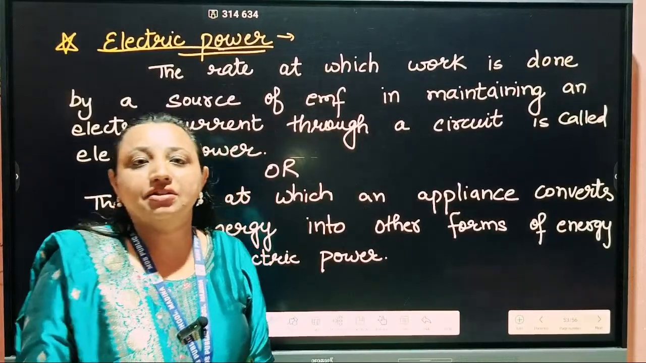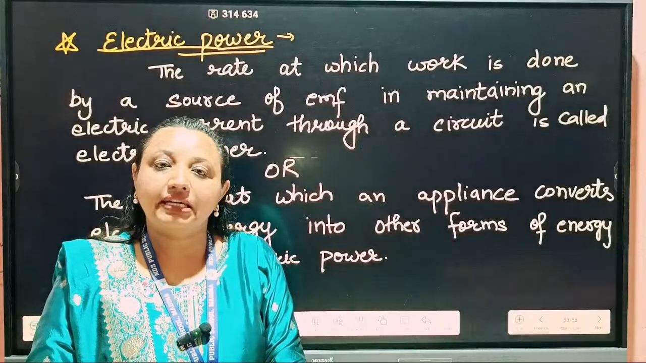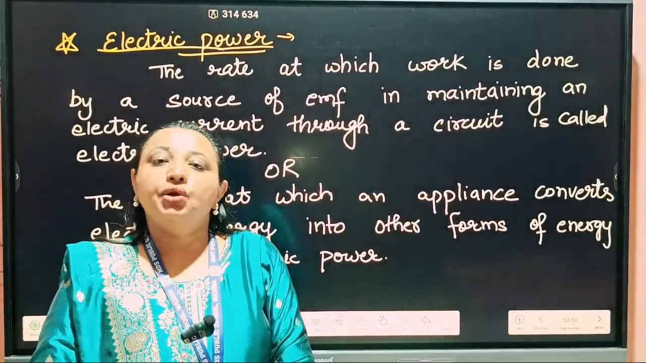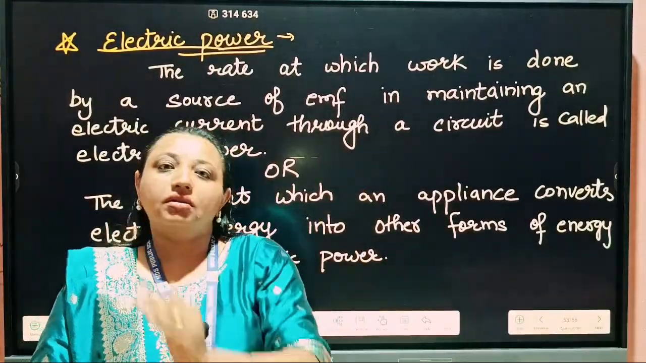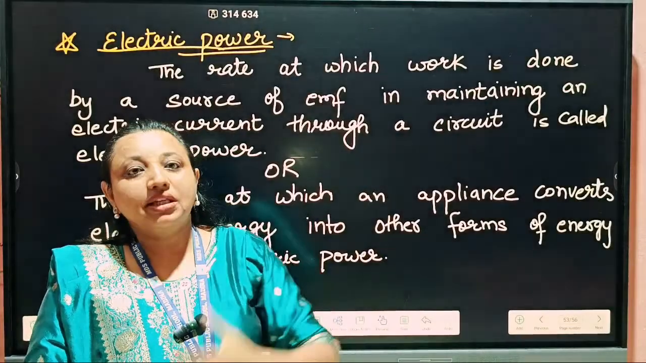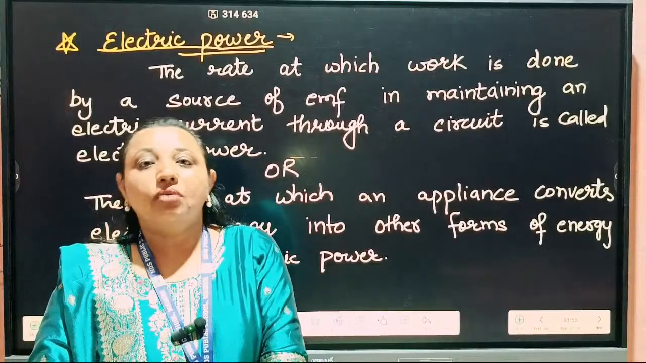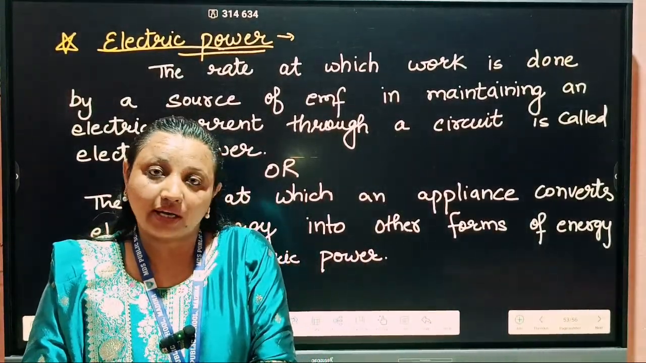In the starting of the lecture, we discussed how current flows through the conductors. When we connect a battery to a conductor, we provide a potential difference. Due to that potential difference, there is work done on the charges to move them. So this rate of doing work by the cell, or by the potential difference, per unit time is known as